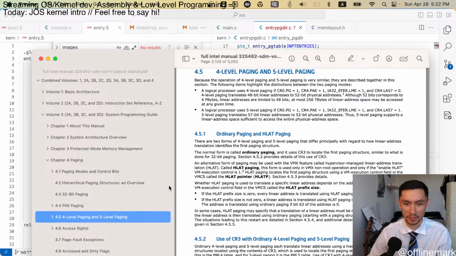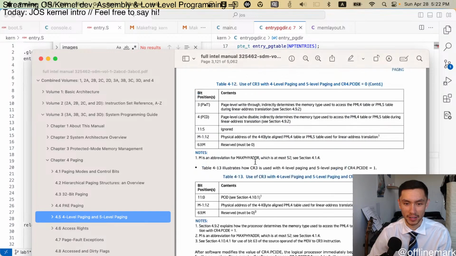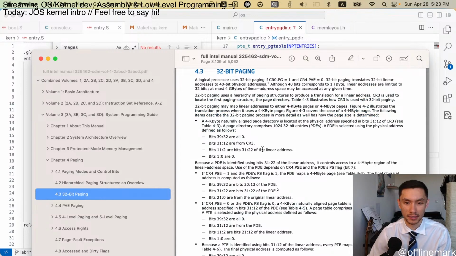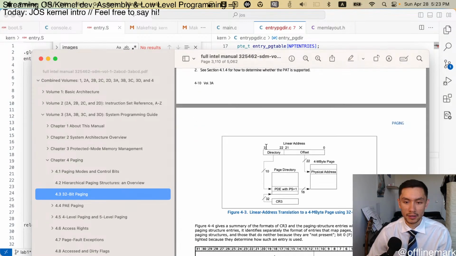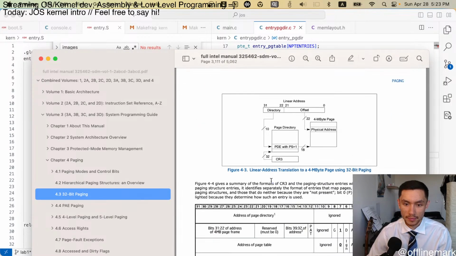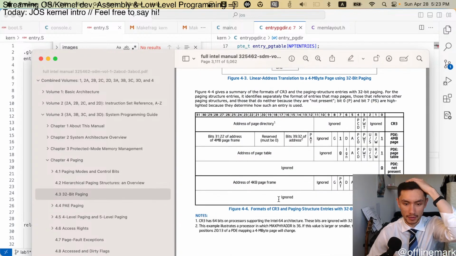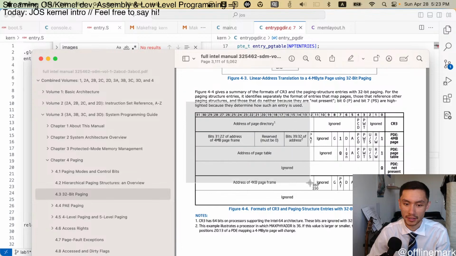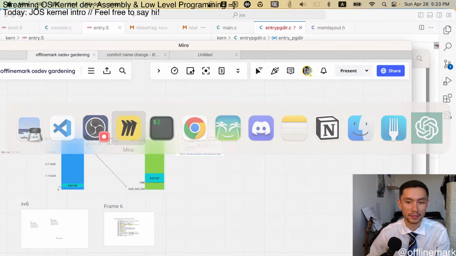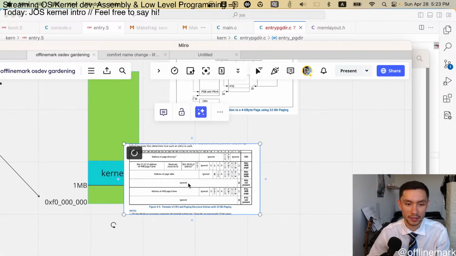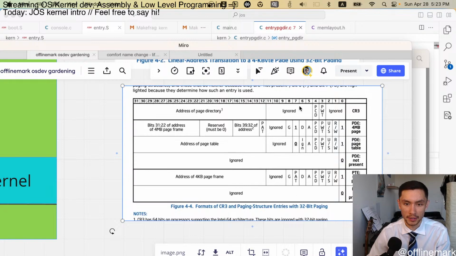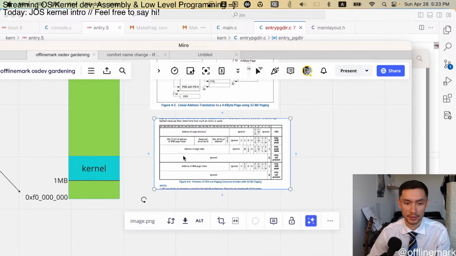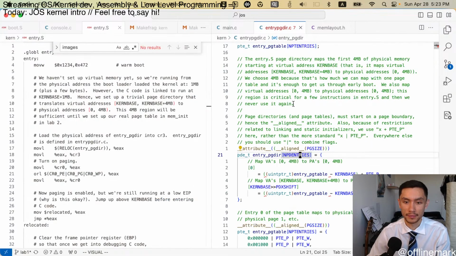It's been kind of a minute since I have looked at any of this stuff, but I'm not going to get too bogged down right now. 4 megabyte pages. Oh, this is kind of a key picture to record for later. Yeah, 32-bit entries. Right. Okay. Anyway, all these entries, we only need